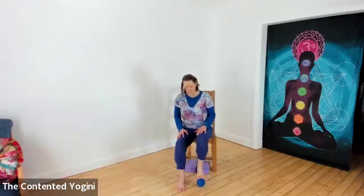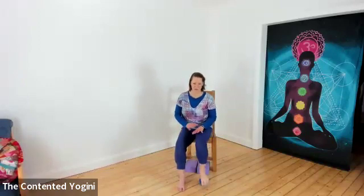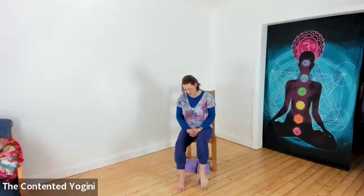And when you're ready, you can do a little bit of sweeping motion where you lengthen the ball along the whole of the foot from toes to heels, inside and outside edges. Just making sure you do a few. When you're ready, rest the foot wherever it's comfortable over the ball, and you can apply as much down pressure with that leg as feels good to you. So just allowing the weight of the leg to rest,